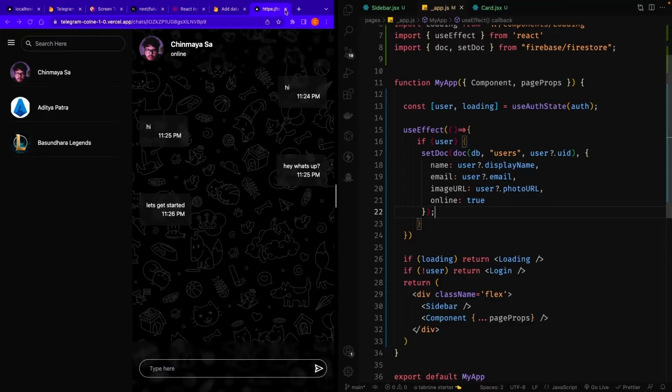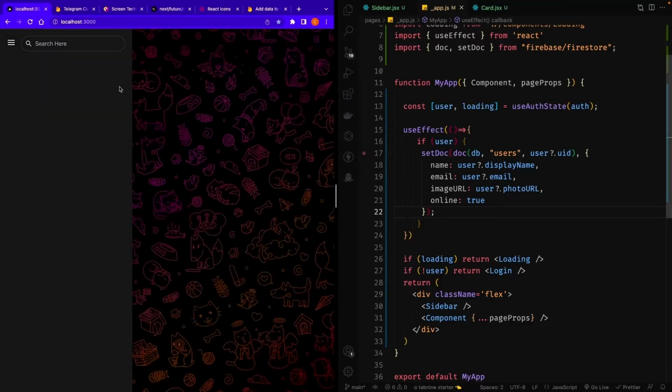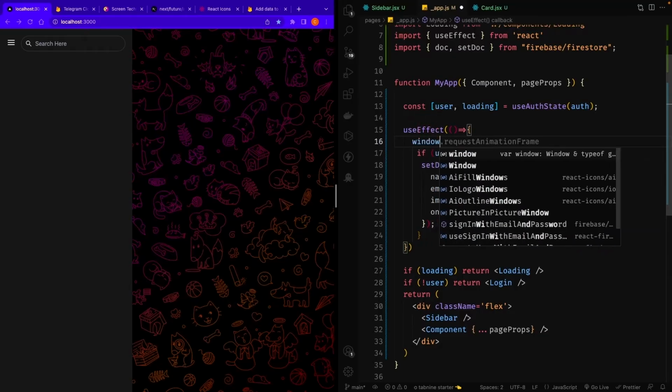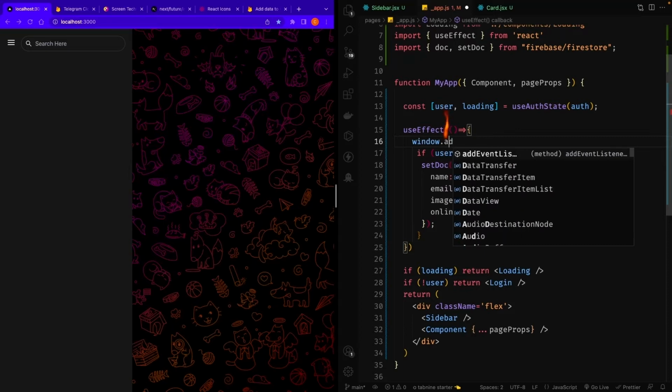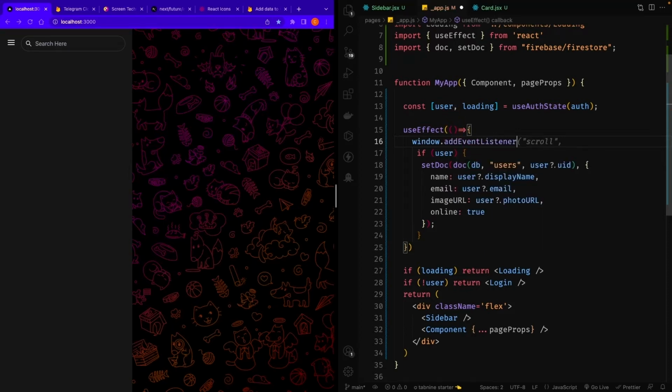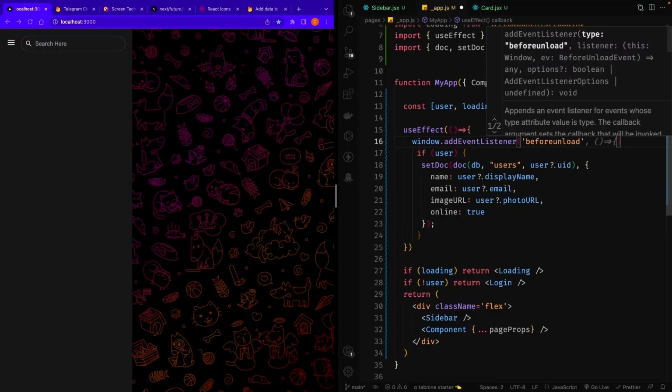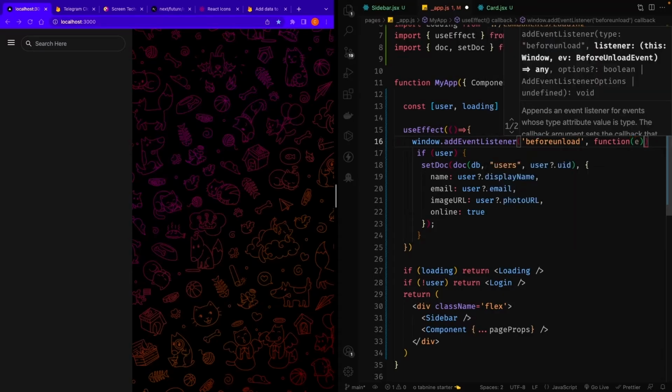So for that, just close this, we don't need this now. Now come to this point. At this point I'm going to use a window function, that is window dot add event listener, and the listener will be beforeunload, right? So basically before unloading, I want to create a function, and it will accept the event, and then it will be like